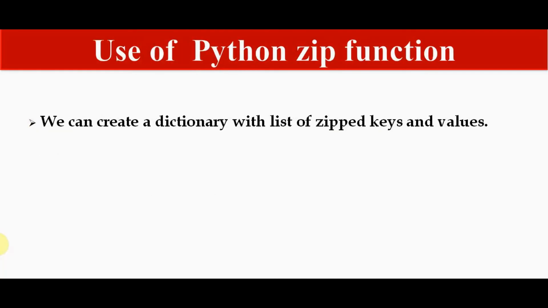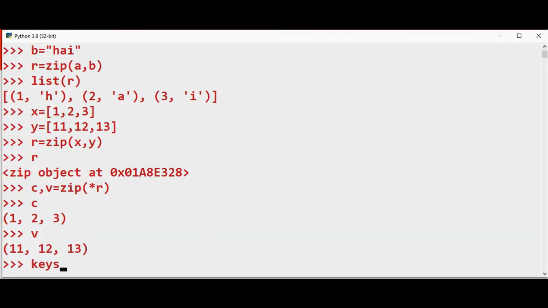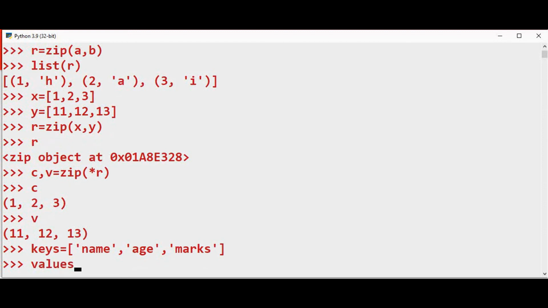What are the common uses of the Python zip function? The first one is you can create a dictionary with a list of zipped keys and values. For example, let me have a list of keys which contain name, comma, age and marks. Now the corresponding values are stored in a list called values. I'll use Carol, age 20 and the corresponding marks 78.5.